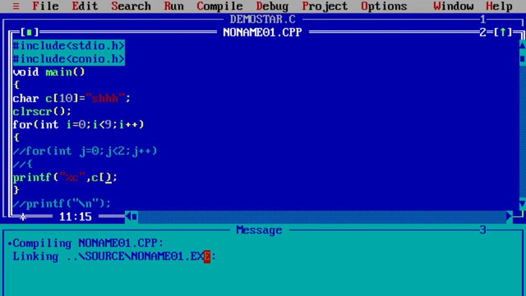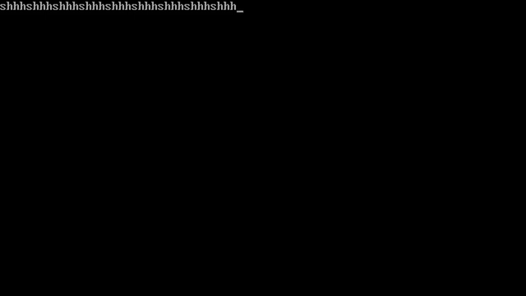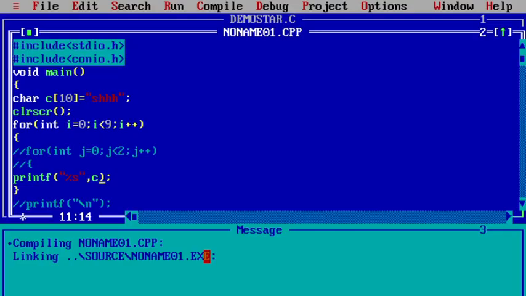So what is an array? That is c of i that I will use. Then you can see the same output, because this is a character array. If you use %c, then a character array should be displayed. If you are using %s, the string, then you need not give this array index, so directly you can display. 10 times it displays because we used a for loop. This was commented earlier.